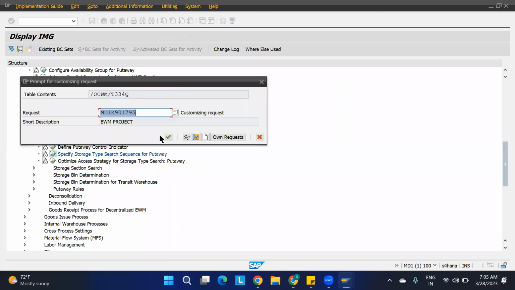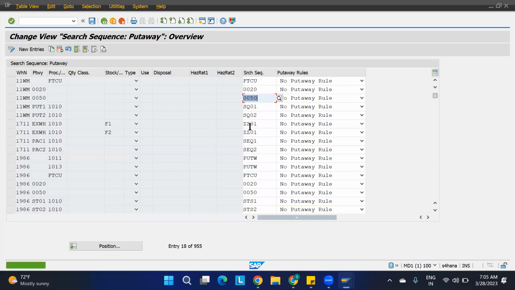Specify means how many ways you are able to determine to which particular storage type you have to put the material. These are 5 ways. You can see here: one is the put away control indicator, second is process determination, warehouse process type, third is quantity classification, the fourth is stock type, then the fifth is party entitled to dispose. These are the 5 different parameters we will use